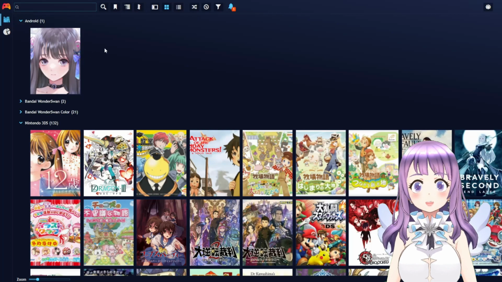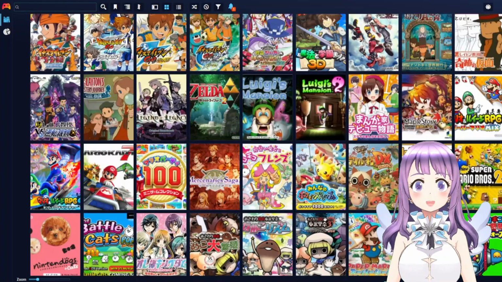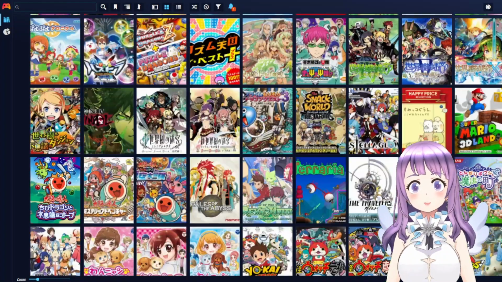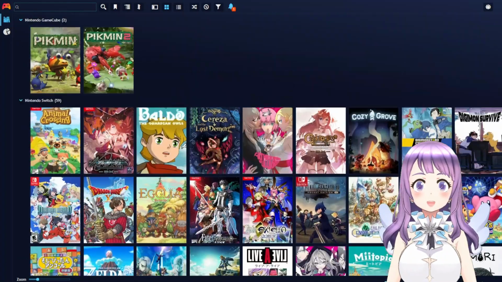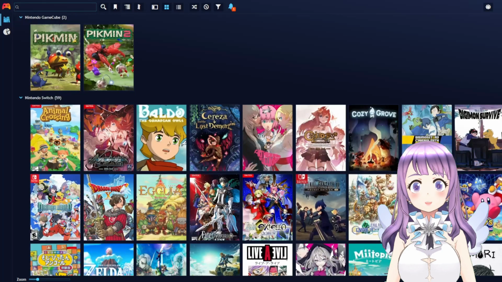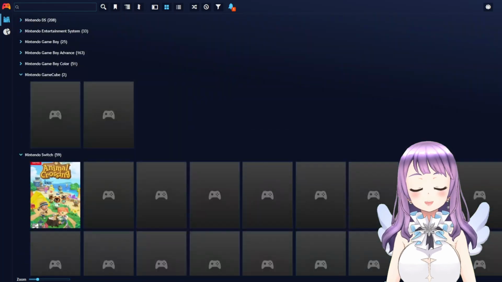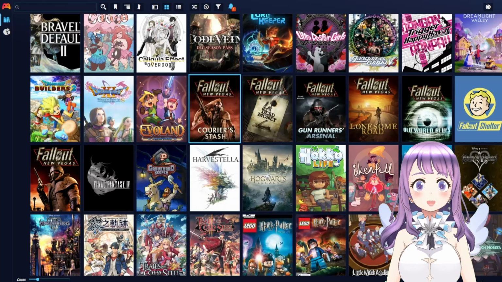So for Android, we are using BlueStacks, and for 3DS, we are using Citra, and for GameCube and Wii, we are using Dolphin emulator. For NS, we are going to use Ryujinx here, but the setup for Yuzu will be the same. And then for the next one,